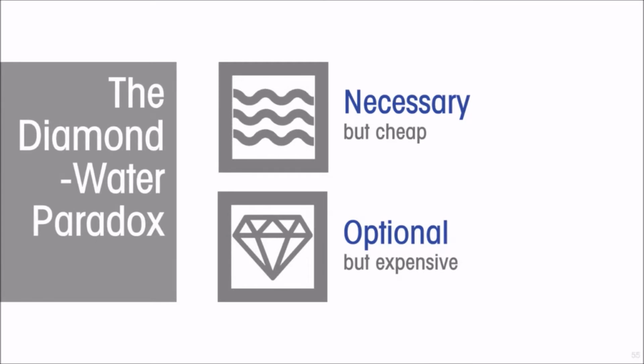Whereas diamonds, which are essential to nobody's life, one or two of you may disagree, but we can pretty much go through our entire lives without having a diamond. It's expensive. The thing that is necessary to life is cheap, and the thing that is optional and most people can and do without is expensive. It only appears to be a paradox because we're focusing on the desire side of scarcity,